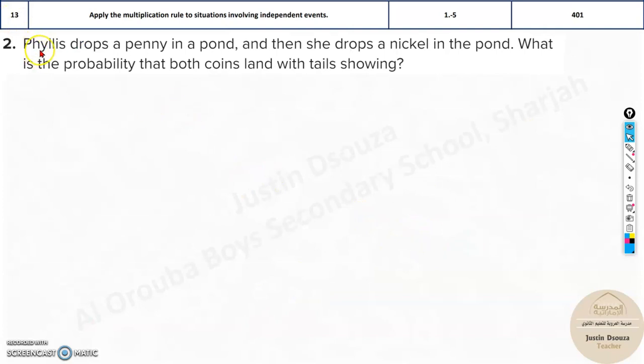Let's try this. You can try pausing this video and try it by yourself. I hope you paused and tried, but we will go through it now. Phyllis drops a penny in a pond and then she drops a nickel in the pond. What is the probability that both coins land with tails? Both coins, that is the penny and the nickel,